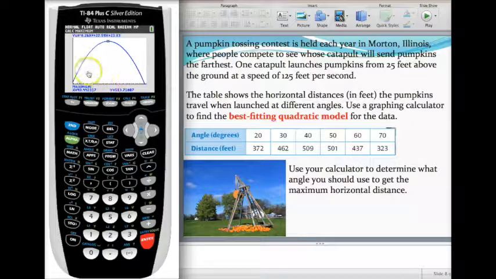And it's telling us our maximum x value, which is our maximum angle, is about 43.44 degrees. So that's the angle that according to my data, would be the best angle to shoot the pumpkin at. And even though they don't ask me it, I know that the maximum distance, according to my model, that the pumpkin's going to go is about 514 feet if I round that off. So there's the maximum angle I should use, and that's the maximum distance I should